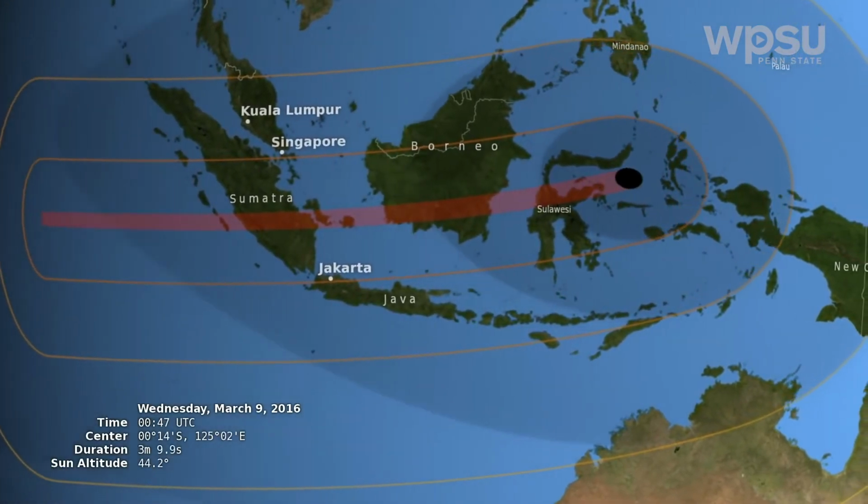When the moon is a little bit further away from the Earth, so it appears a little bit smaller in our sky, it's not quite big enough to completely block out the sun. At maximum eclipse, the moon will look a little bit smaller than the sun, so it'll leave a ring of